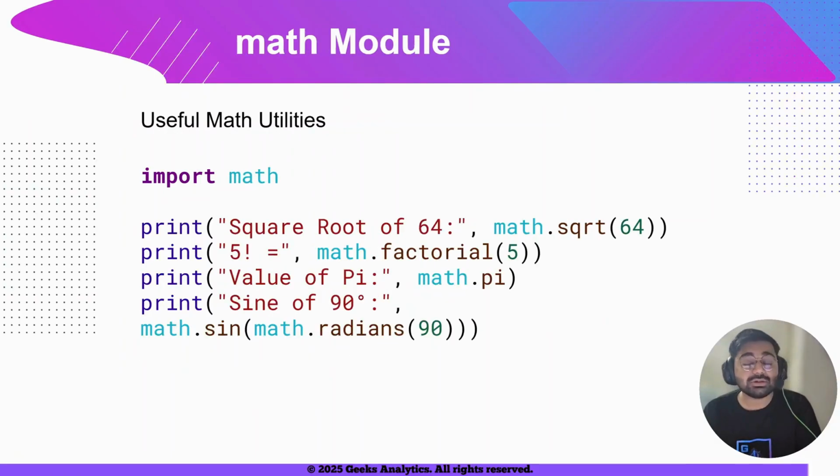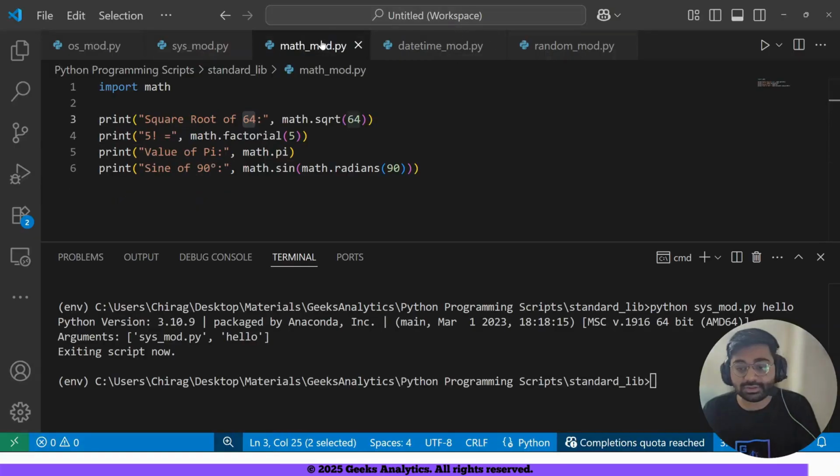Then we have another math module that gives access to mathematical functions and lots of constant values like pi values, square roots, trigonometric functions. So here it is very simple to use. You can simply do import math, and it also has very simple function names, like for square root it is sqrt, you can use factorial, just print the value of pi, take the sine value of 90